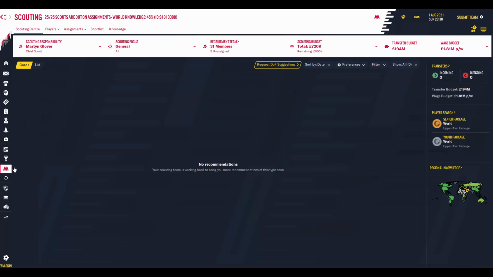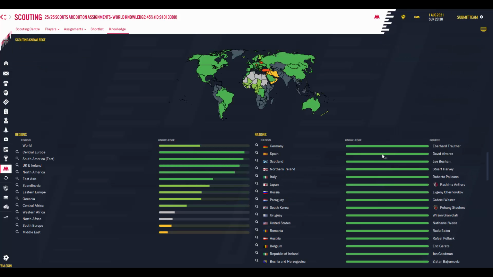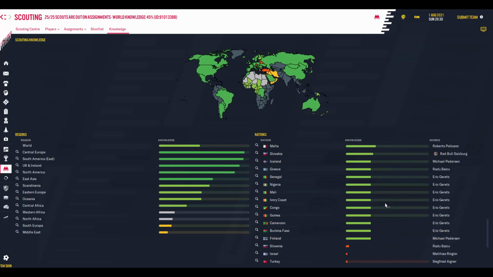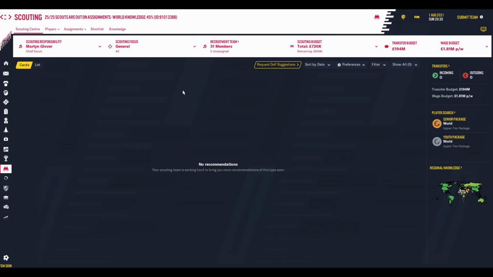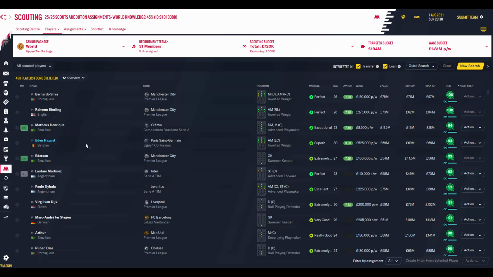into the scouting screen. Now we've got nothing here. We set up our packages for the world because we're that big, we're that good. Our regional knowledge from all our players and affiliates and everything else is all set up quite well. We've got great coverage around the world. So if you look at our scouted player list, you can see there are some players that would help us,